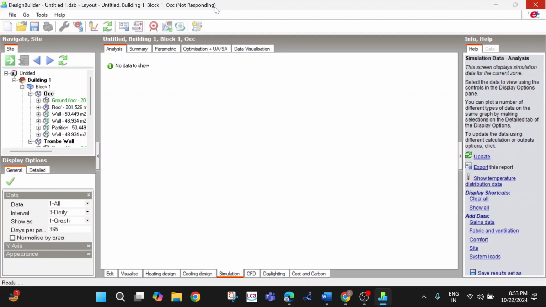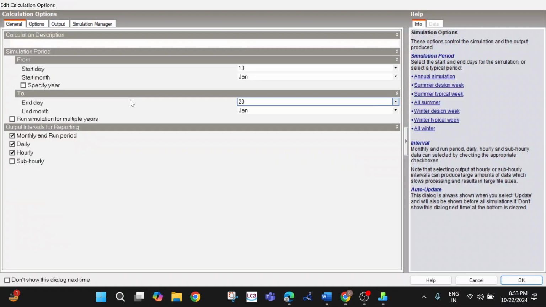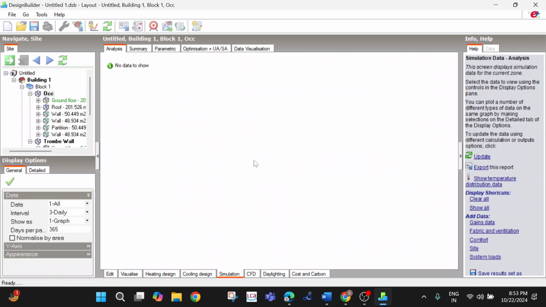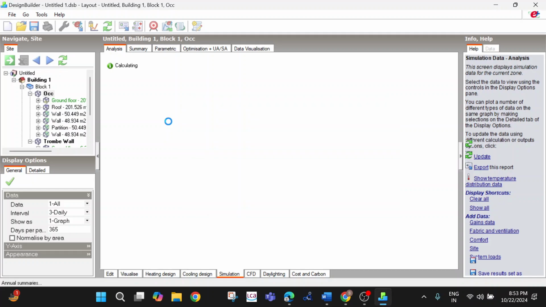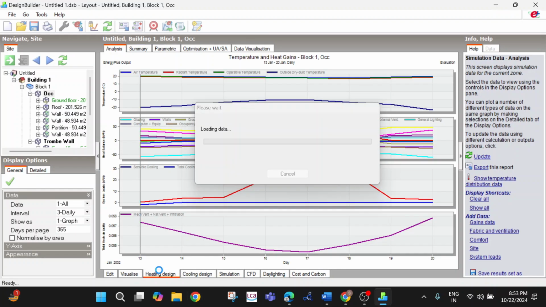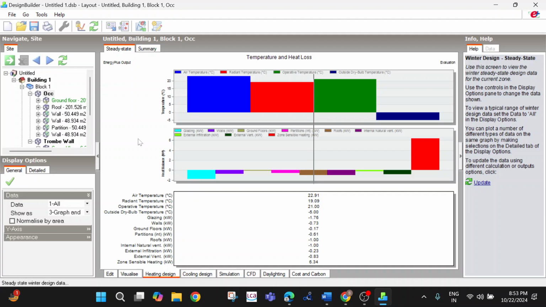Yeah, it is not responding. Let's wait for it to respond. Yeah, it is coming now. I'm going for the heating design. It is coming out to be 6.34 here